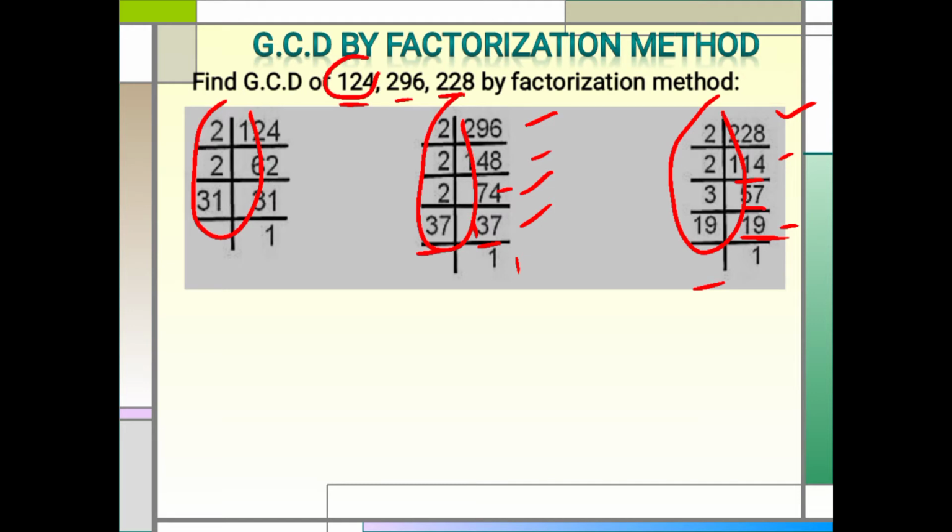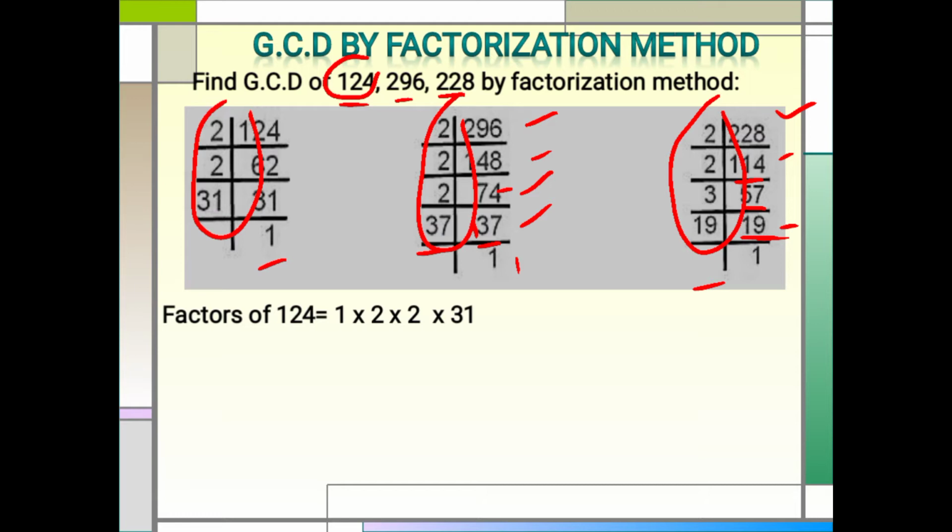So in the next step, you are going to write down the factors of each given number, just like this. Factors of 124 is equals to 1 multiply by 2 multiply by 2 multiply by 31. Now when you are going to write down the factors, you will multiply them. You will write in multiplication form, do not write the commas in between.